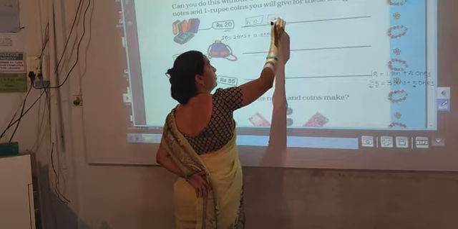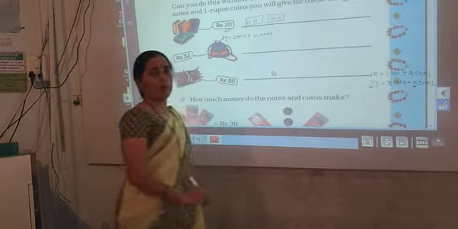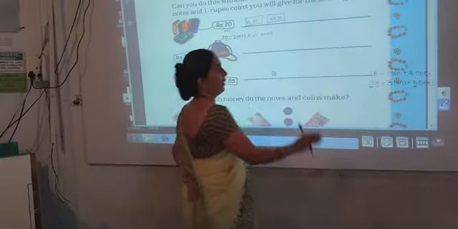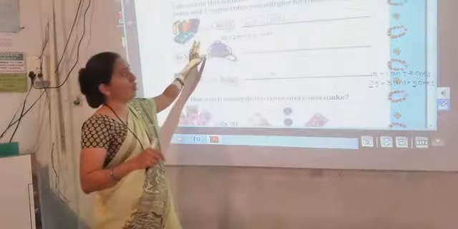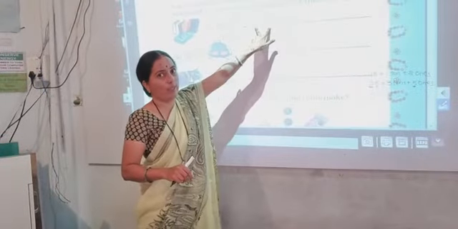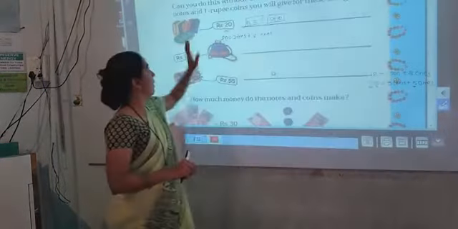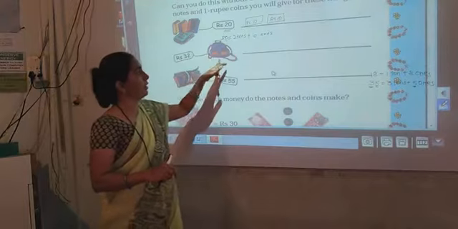And how many coins do we have to draw? 0. We are not going to draw any coin here. Now it has become 20 rupees. So if we want to buy these books, we have to give 2 notes of 10 rupees. Yes? Okay. Now see the next object. It is a bag.